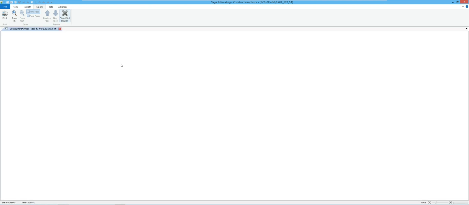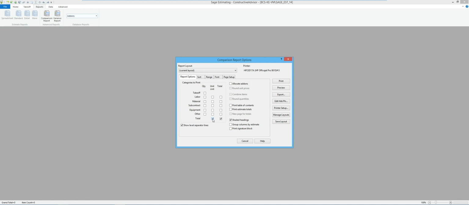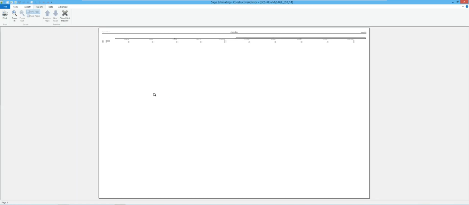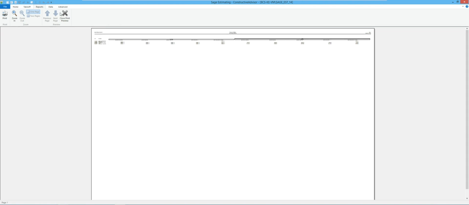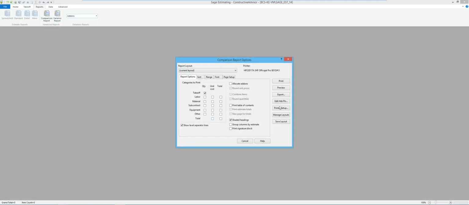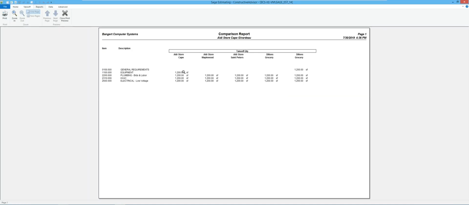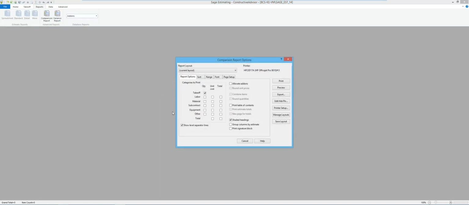Now, because of screen space and I want to keep everything together, I'm going to go ahead and say I want to see the price per square foot, and I also want to be able to see the quantities and see how those job sizes varied. So preview. And it looks like I've done a bust. So I'm going to go ahead and turn off the price per square foot, just so I don't have to go to a bigger paper size. In this case, I've got fictitious numbers that I put out there, but I could tell that theoretically all those buildings were the same size. So if I did want to see how job sizes vary, it's a nice way to pull that up if you had some different ones in yours.